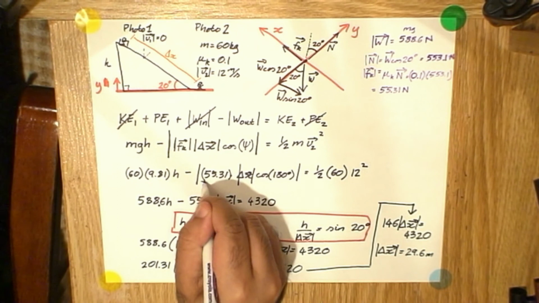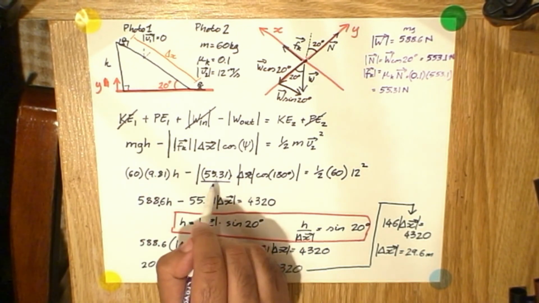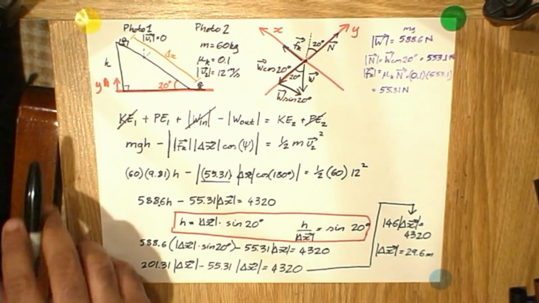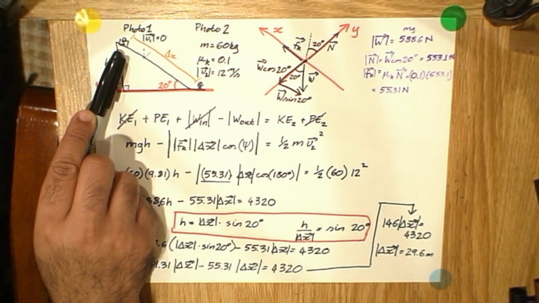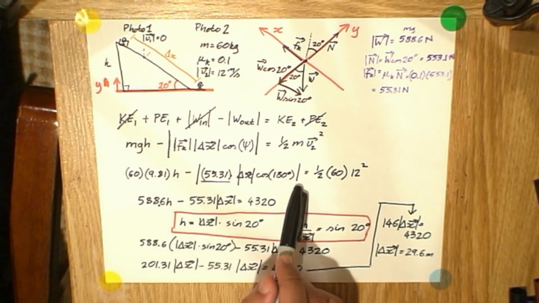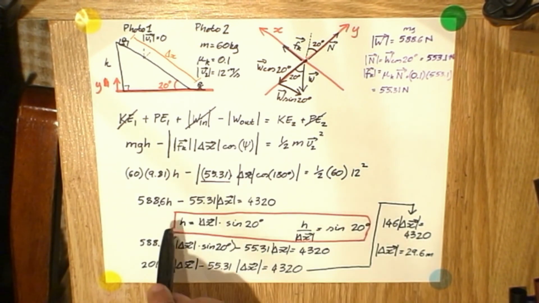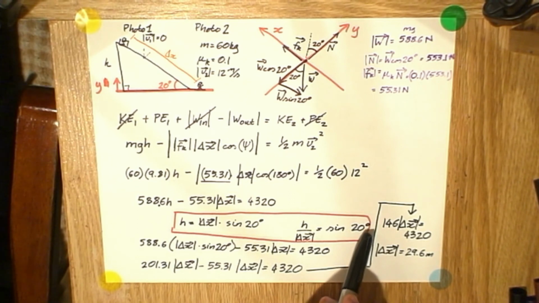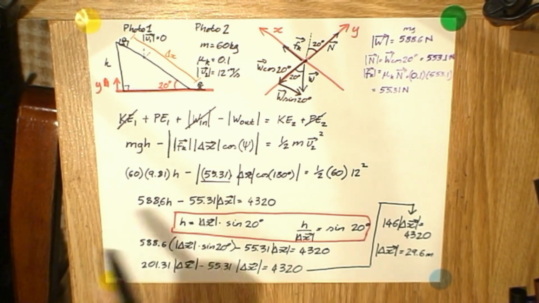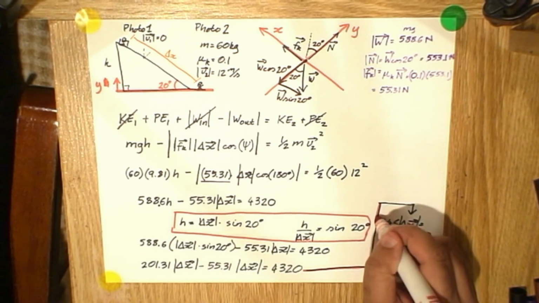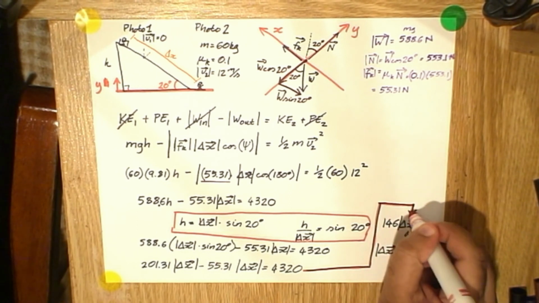And that 55.31 newtons appears in the term for work. Finally, we took the potential energy at photo 1, we basically subtract out the work, and we find the kinetic energy in photo 2. By applying this trigonometric relationship that we found earlier, we were able to simplify this down until finally we got an expression which was only in terms of the displacement. And thus we were able to solve for the displacement of